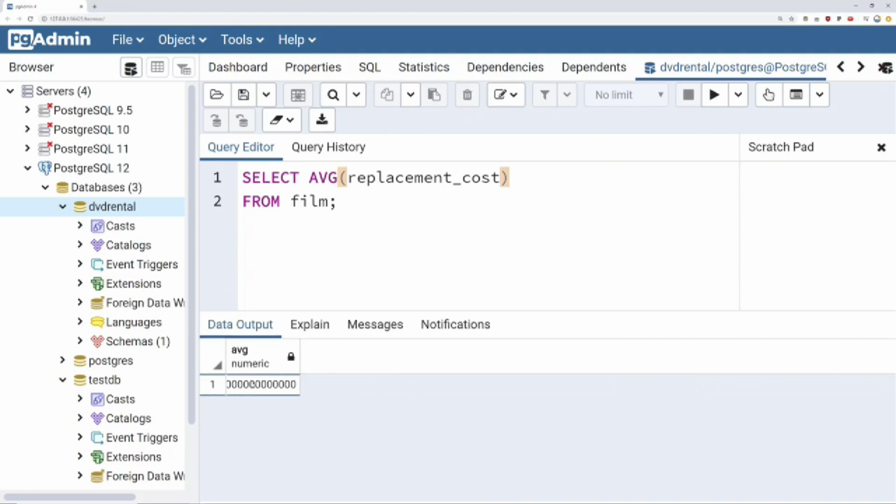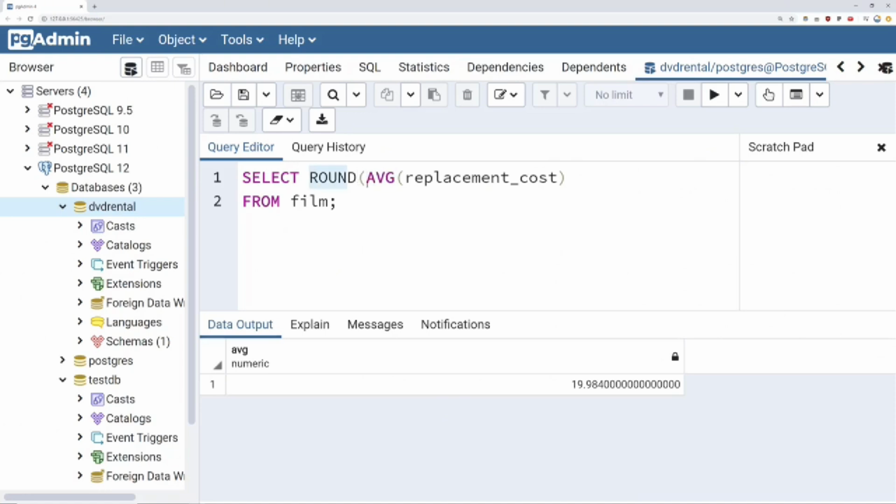However, you probably noticed it looks a little strange here, and that's because by default, this average call gives you a lot of significant digits. So if we expand this column, notice how I'm stretching it out here, we can see that it's actually 19.984 and then a bunch of zeros. So realistically, you probably don't want all of these significant digits past the decimal point. So what we can do is wrap this around